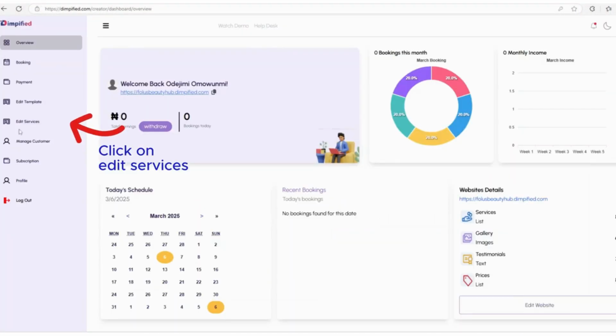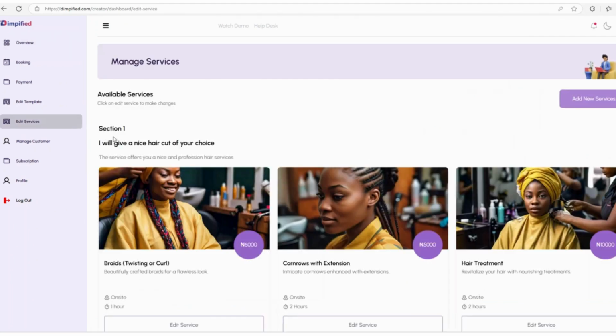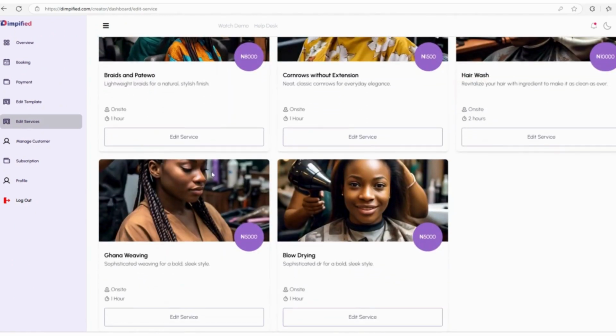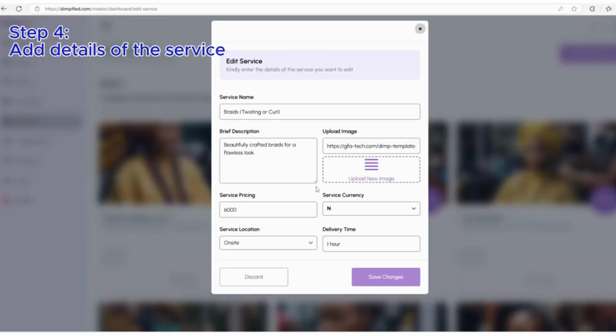Click on the Edit Service feature on the menu list. If you're on mobile, click on the three lines on the top right corner of your phone to access this feature. Here, you can edit a service name and add additional information for your client, like a brief description about the service,